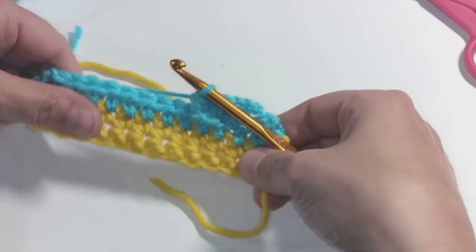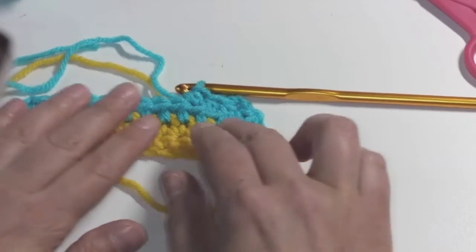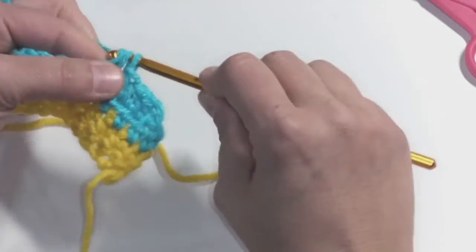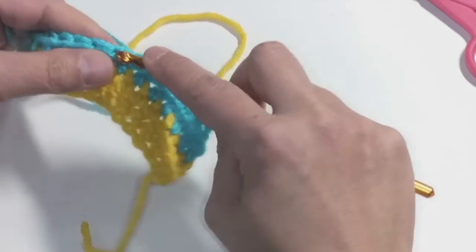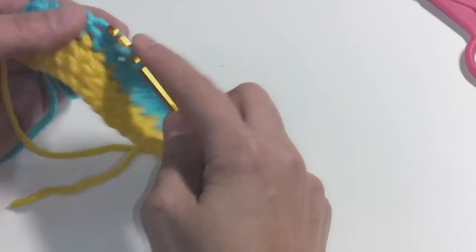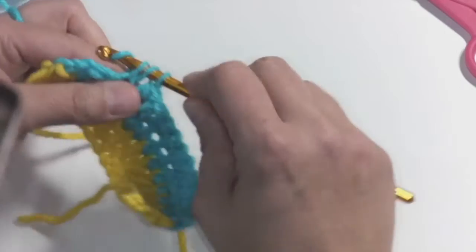Okay, and you can see now how that's a little bit taller than the single crochet. It's not quite double, but it's higher. This also makes a nice dense fabric, and because it's a little bit taller, you can work a little bit quicker. I'm just trying to get to the end of the row so you can see that chain a little bit easier